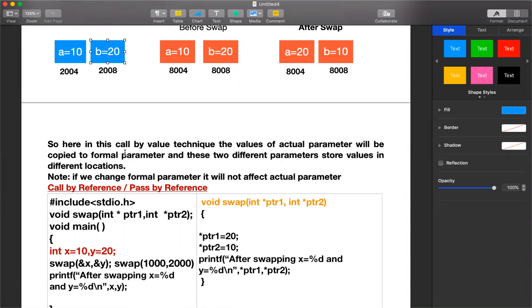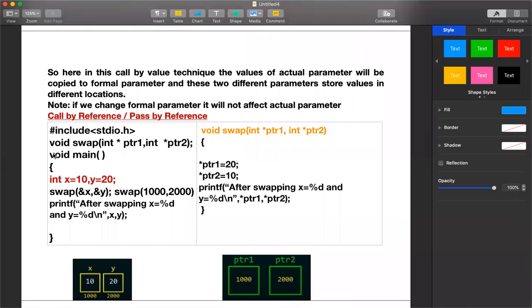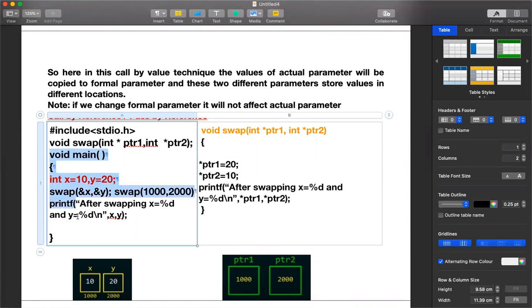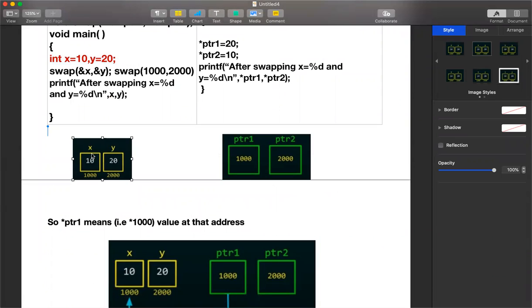Okay, now let us take the same example and see how call by reference or pass by reference works. So now consider the program. Let us go to the main function. Now we are taking the x value as 10 and the y value as 20. And when you see the function, this is what is a function call. As soon as you declare the variables x equal to 10 and y equal to 20, look at the first image. This is what happens inside the internal system. So the x location is created.